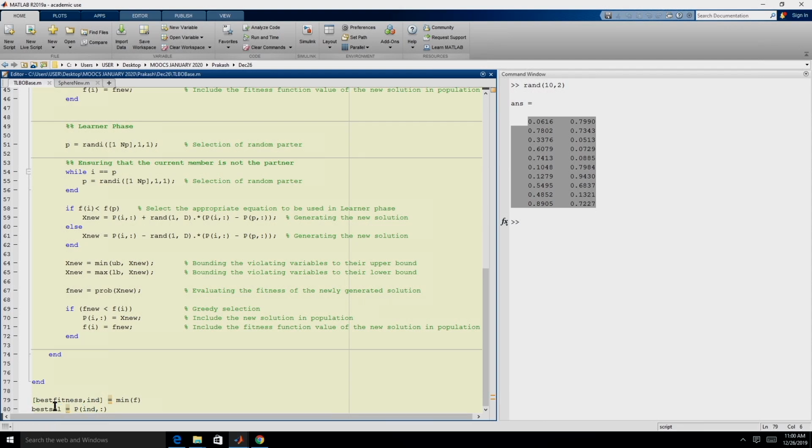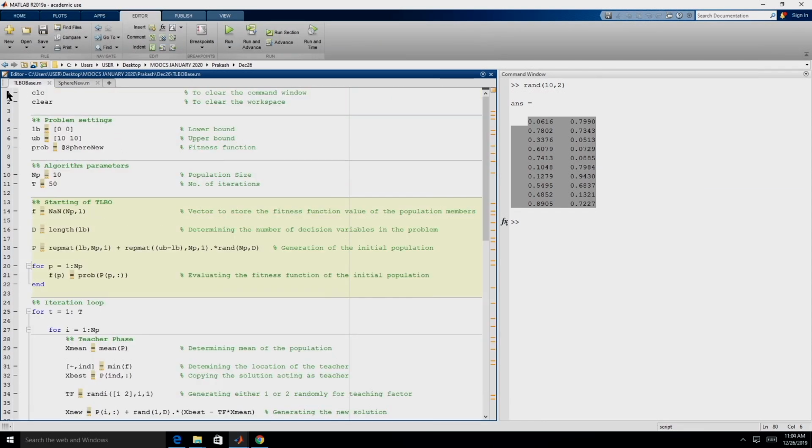Best sol indicates the decision variables for which we get the best function value, and best fitness tells us the actual value of the function at the end of teaching learning based optimization.